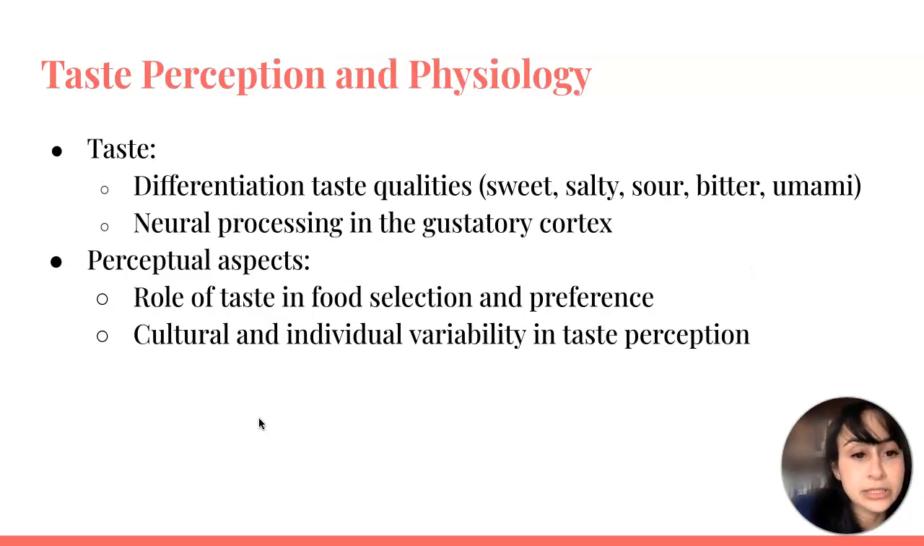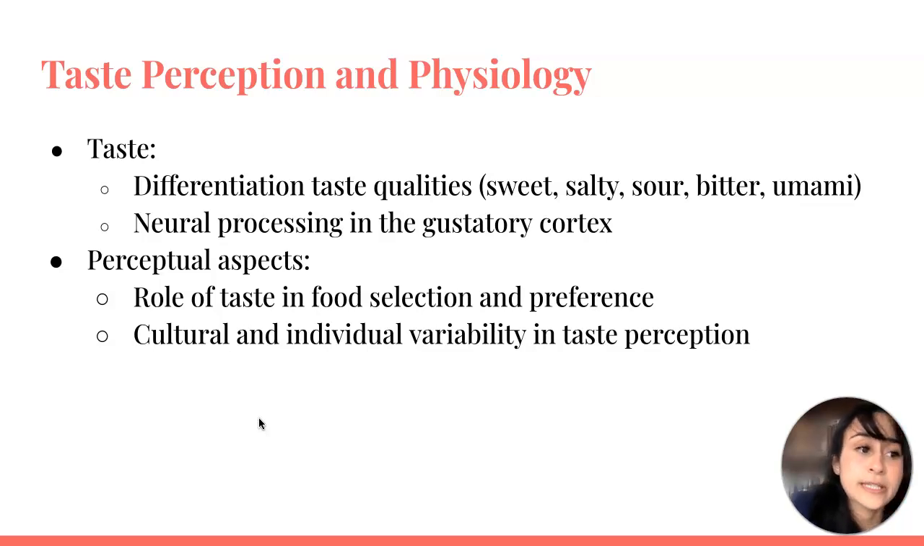Taste perception is a little different. Taste is differentiated by taste quality such as sweet, salty, sour, bitter, and umami. The neural processing in the gustatory cortex is a little different than how smell is processed in the olfactory cortex. There are perceptual aspects that are a little bit different. The role of taste is involved in food selection and preference. There are cultural and individual variabilities in taste perception,